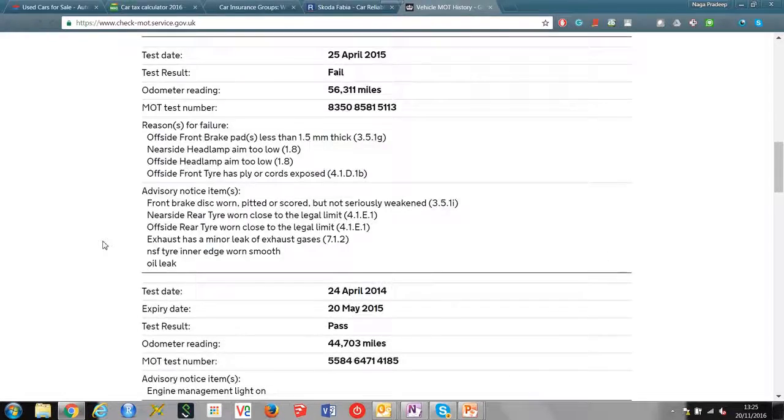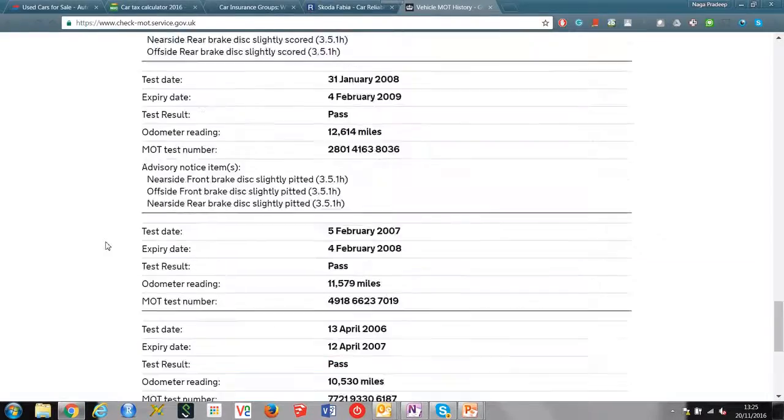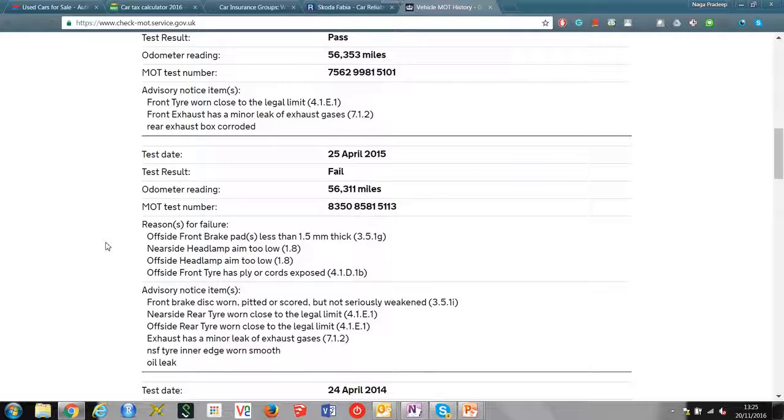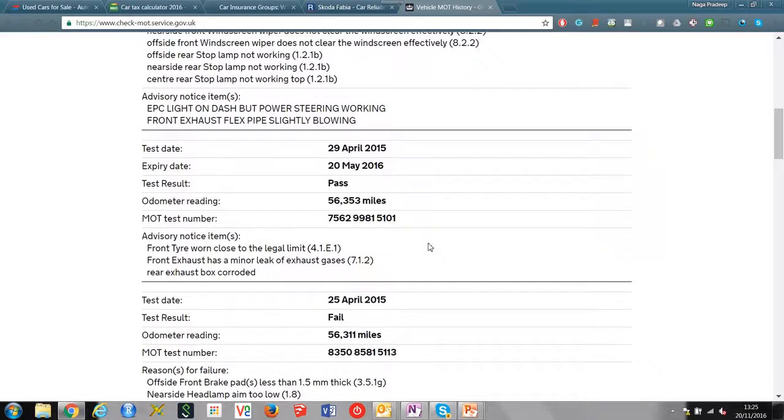It would tell you things like what has failed over the period of time. The car is more than 10 years old now, and when you're buying an old car like that, you really need to know what issues it has got, and how early they were fixed. And the other thing you can check from MOT history is if people have actually